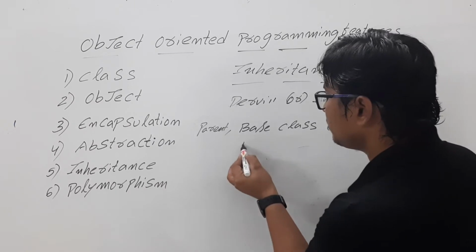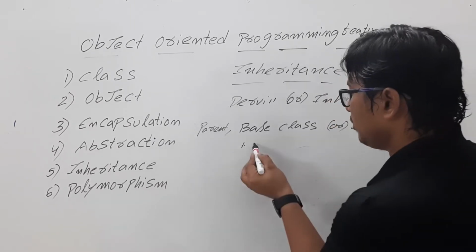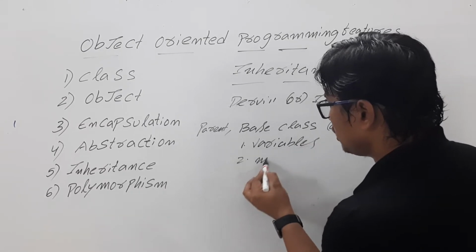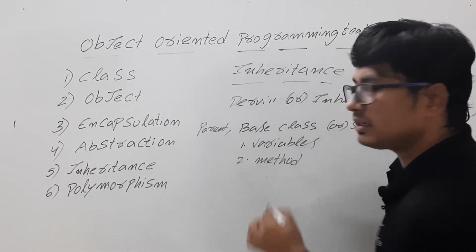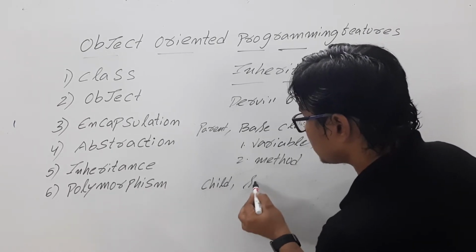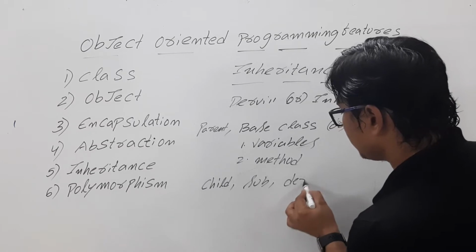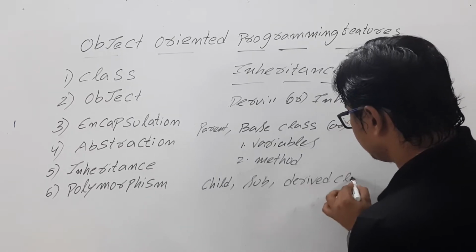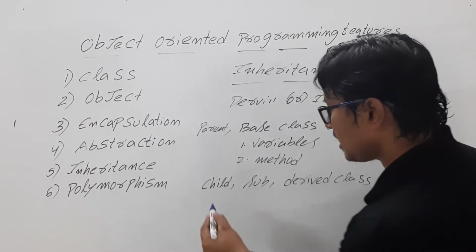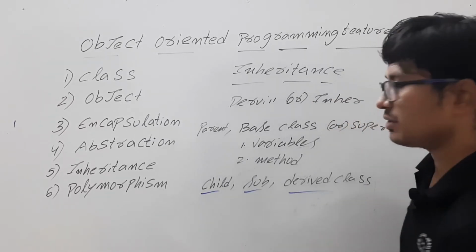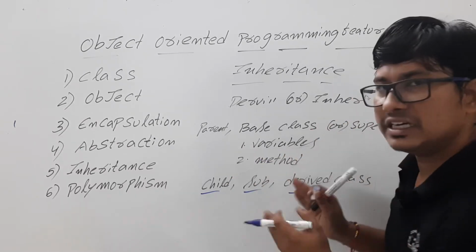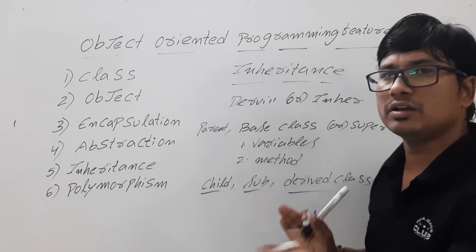What are the properties it is having? Like the variables and the methods, you can inherit or derive into the child class or subclass or derived class. See, the parent class can be called a base class or a super class. The child class can be called a subclass or derived class. So what is meant by inheritance is, the child class is deriving the properties or the methods